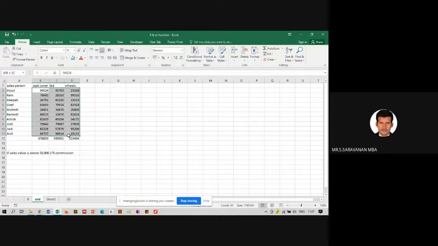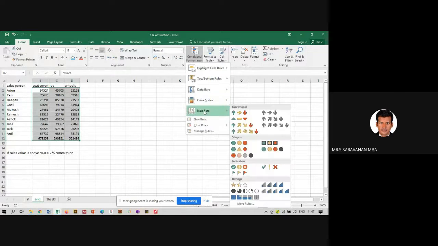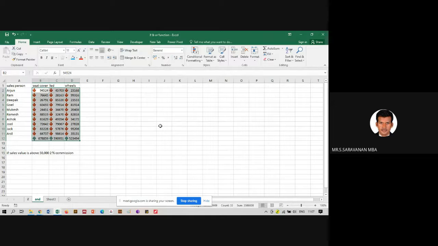Okay, select this information, go to conditional formatting. There is something called icon set. Click. So it will give you graphical representation of information. Or you do not want this information. Let's say you want another type, you want to show it in a graph.